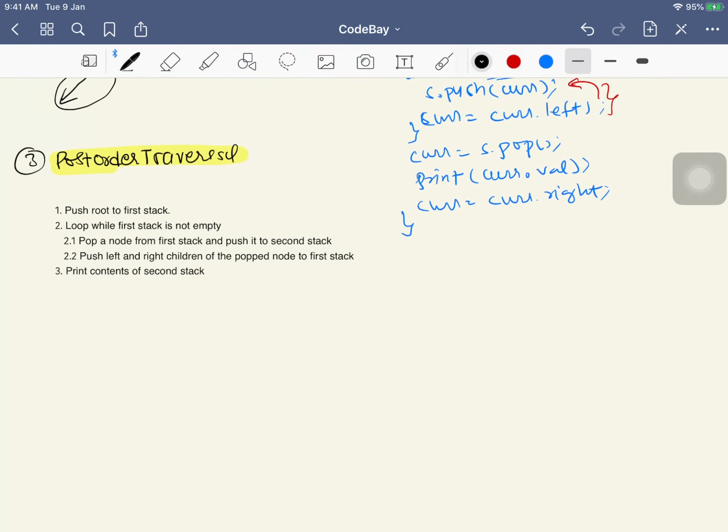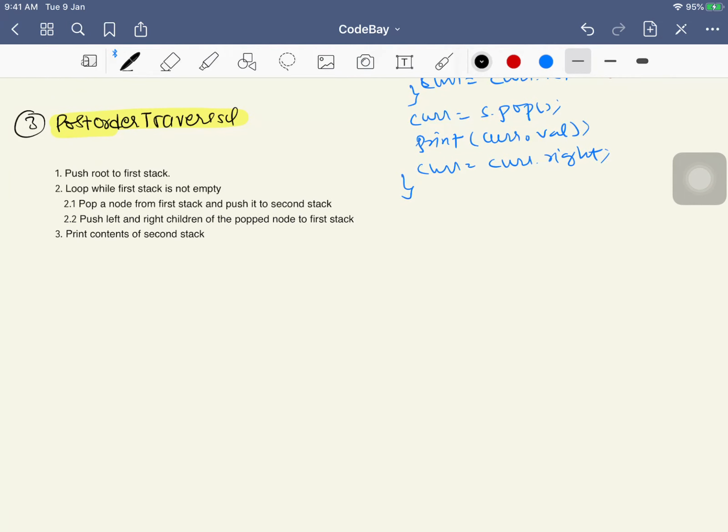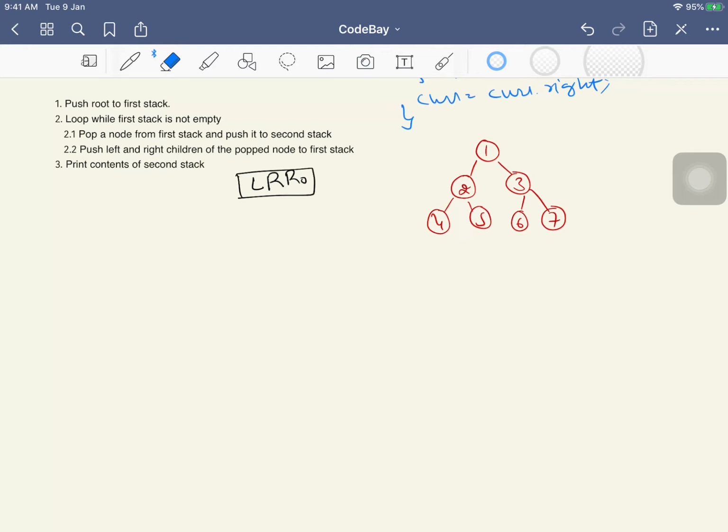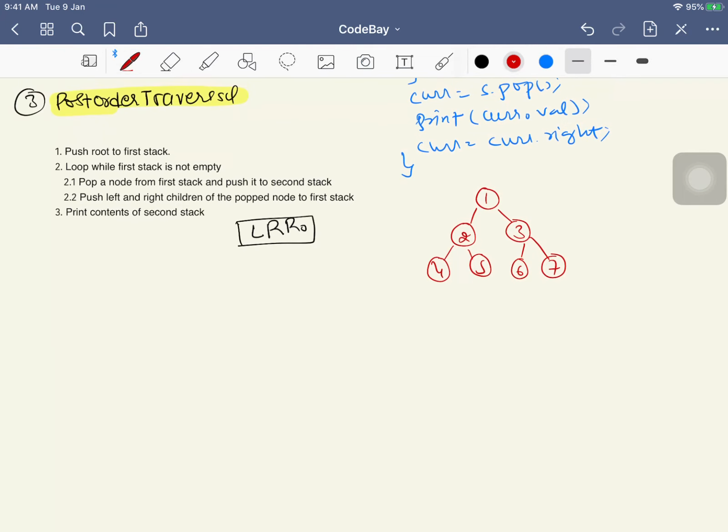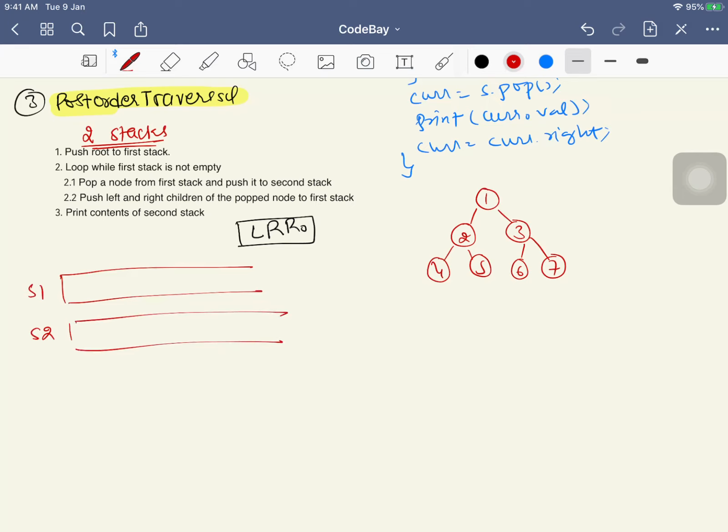Now let's move towards the third traversal, that is post order traversal, in which what we do is we do left first, then right first, and then root first, and this one will be done a little bit differently. So I have made the same binary tree again. Here the pseudocode says that we need to have two stacks to make a post-order traversal. So let's have two different stacks, the stack 1 and stack 2. And the first line says that we need to push the root to the stack. So we push root to the first stack,